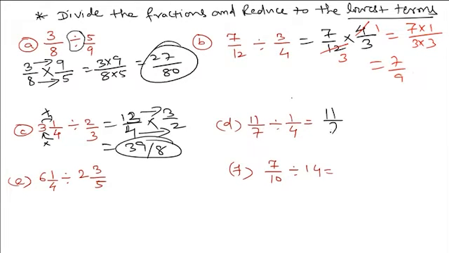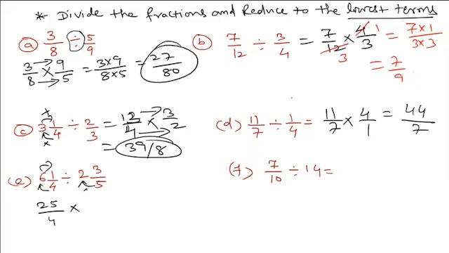Again 11 by 7 multiplied by 4 by 1. So 11 4s are 44, 7 1s are 7. We can't divide it. Again convert this into a fraction, 4 so 24 plus 1, 25 by 4 multiplied by